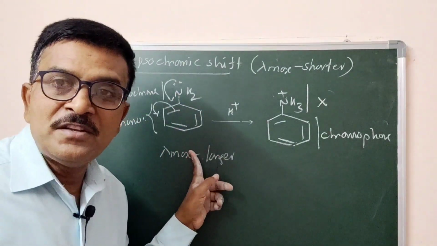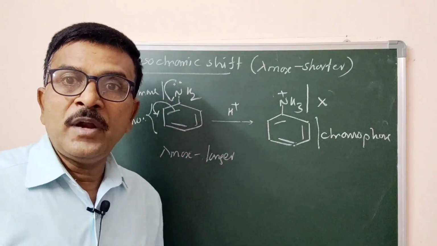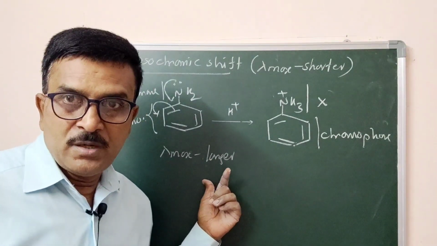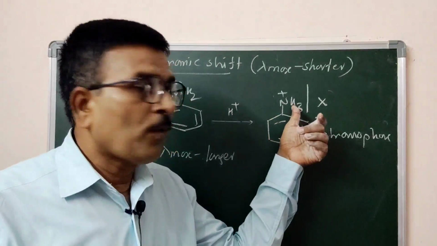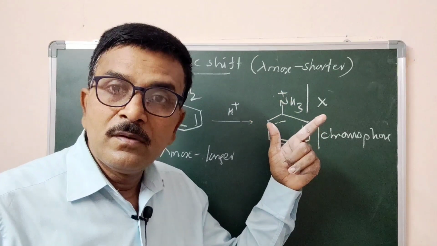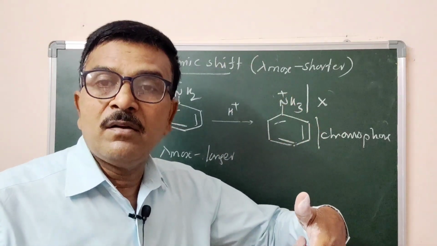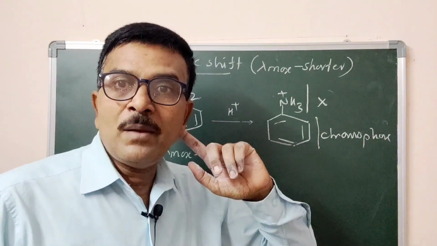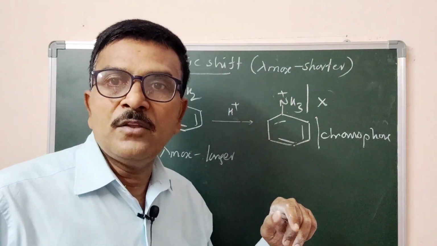Therefore it improved the resonance energy and decreased the energy difference between the bonding and anti-bonding molecular orbital, and hence a longer wavelength is absorbed. When we add a proton, or when we protonate, what happens? It becomes NH3 plus, where it is not able to contribute its non-bonding electrons. There are no non-bonding electrons, as they are already donated to a proton to become NH3 plus. It is not contributing in the resonance.